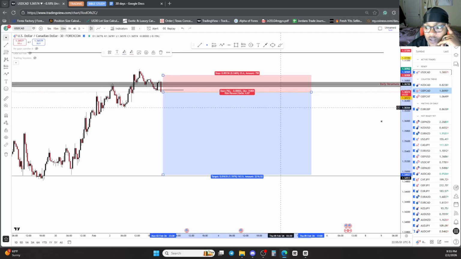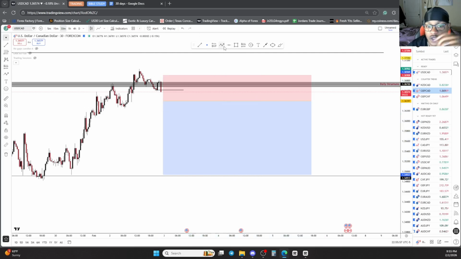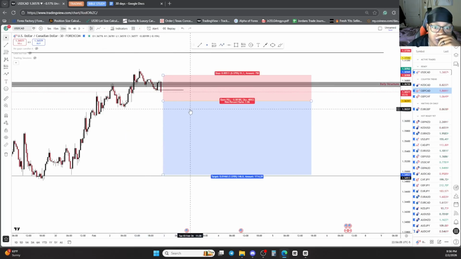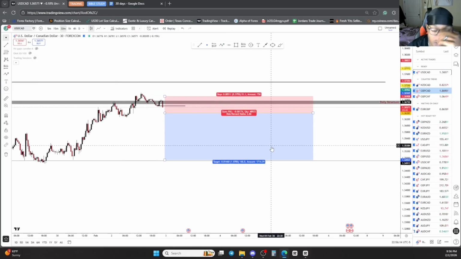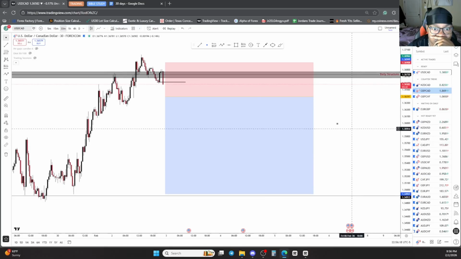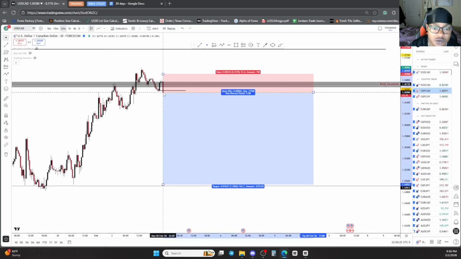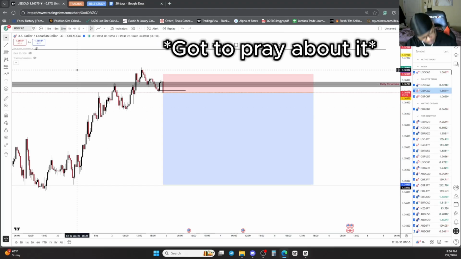But say if this candle in the next 4 minutes just has some type of dramatic drop down here, oh yes, I'm entering this trade. Now I have enough breathing room, my stop loss. The entry makes sense because it gives us enough breathing room. And yeah, we still get a positive risk reward looking at a 1 to 2.8. So I just got to be, because if it plays out, I'm going to be pissed. But it just doesn't make sense. The trade doesn't make sense. The stop loss is too close, bro. And I'm not about to, got to pray about it.